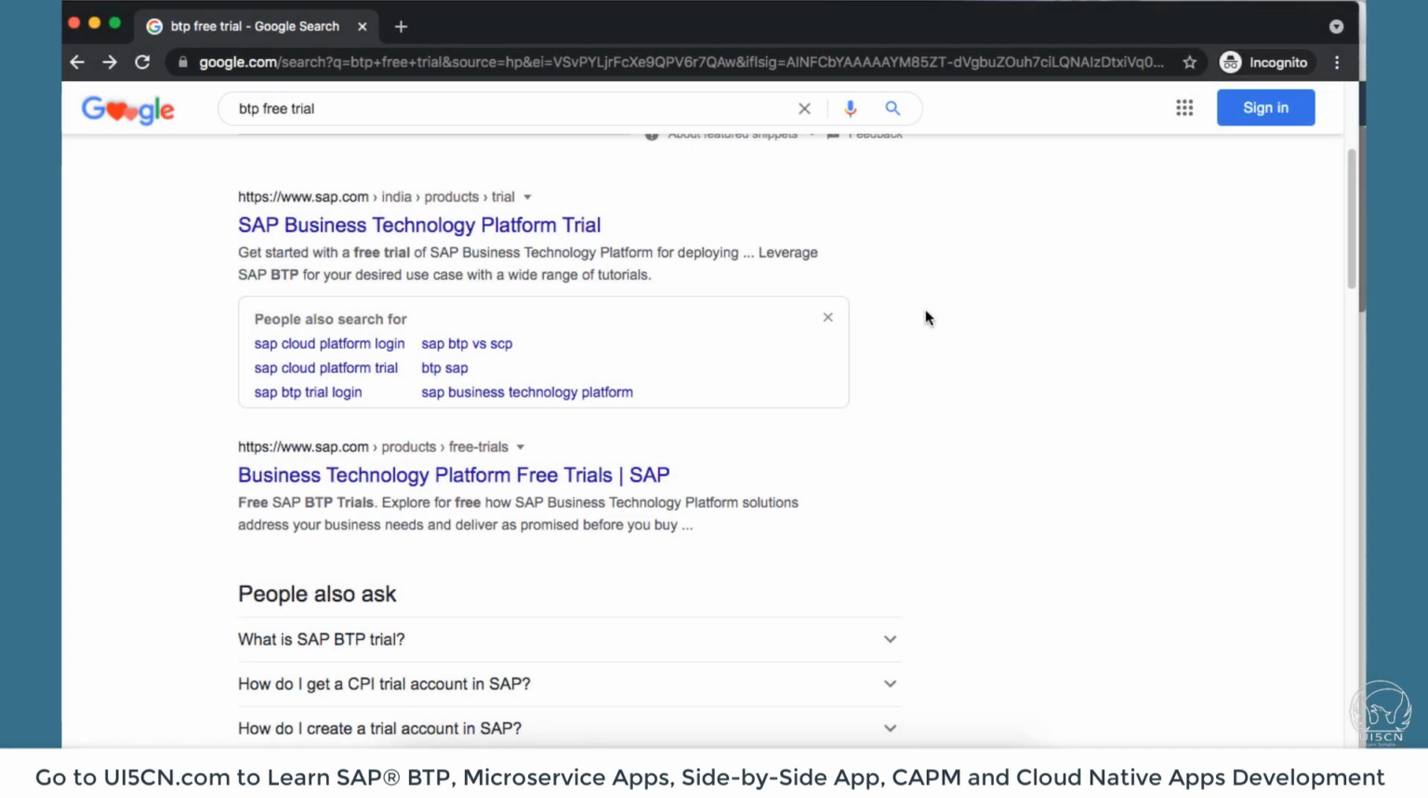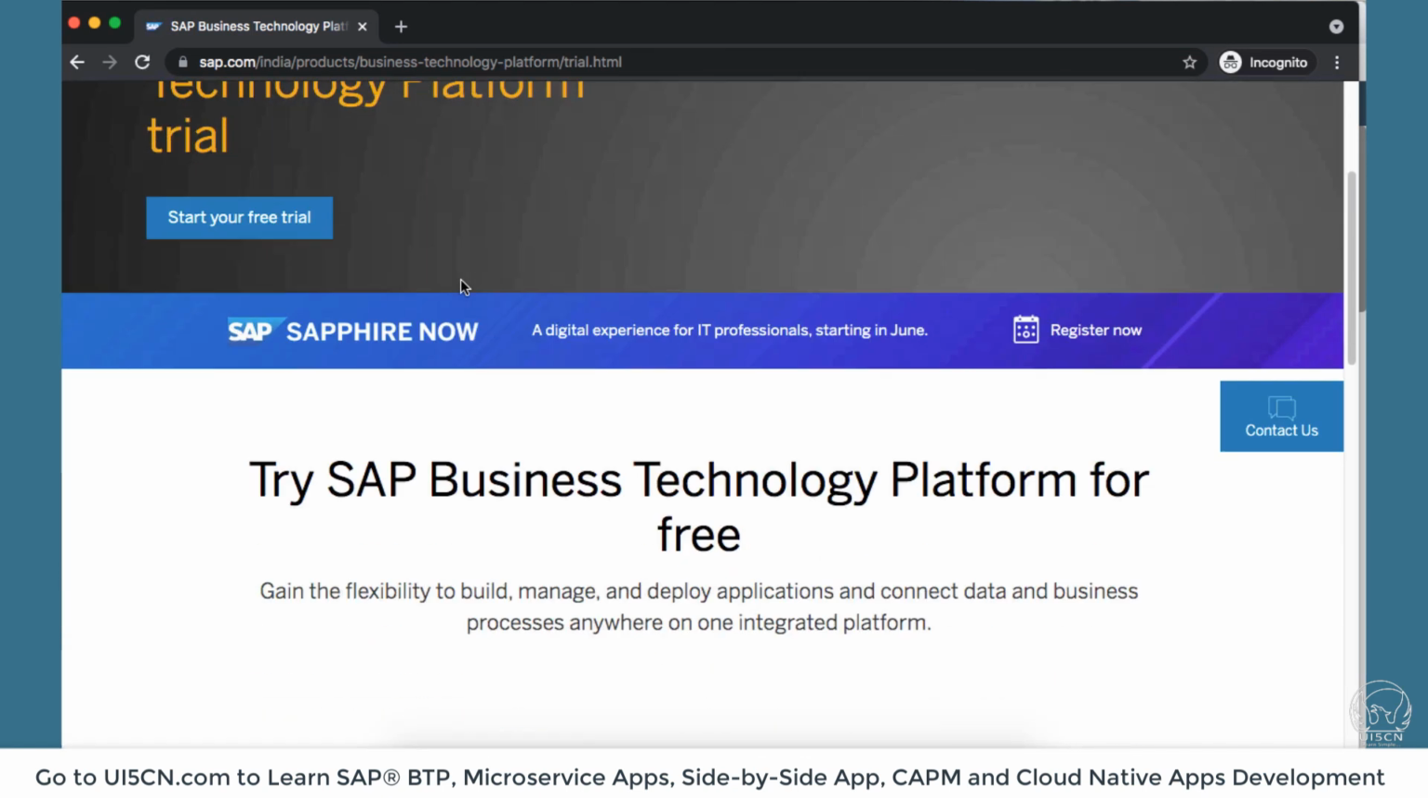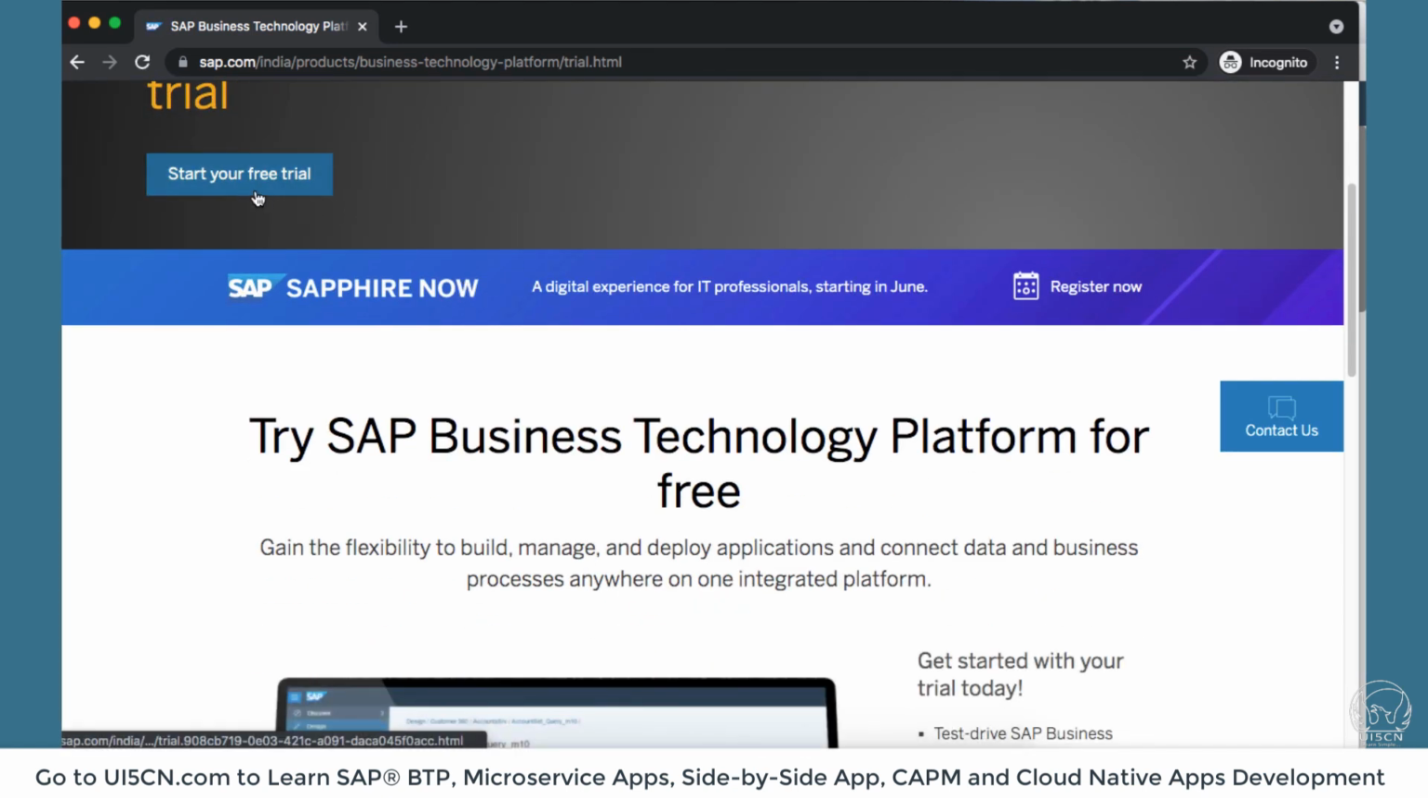Welcome back. In this section, we will see first how you can create a free trial account with SAP BTP. You just have to enter "SAP BTP free trial" in Google, and the first link of SAP which you will have will be your SAP BTP platform trial. Now, if you go inside the SAP BTP platform trial, then what you can see here is start your free